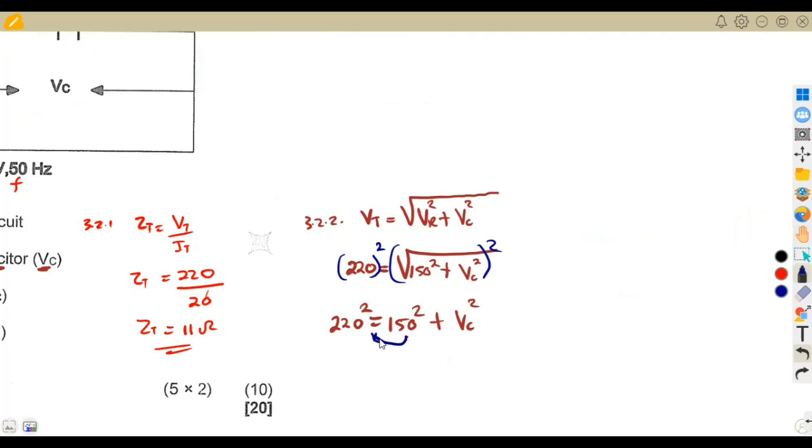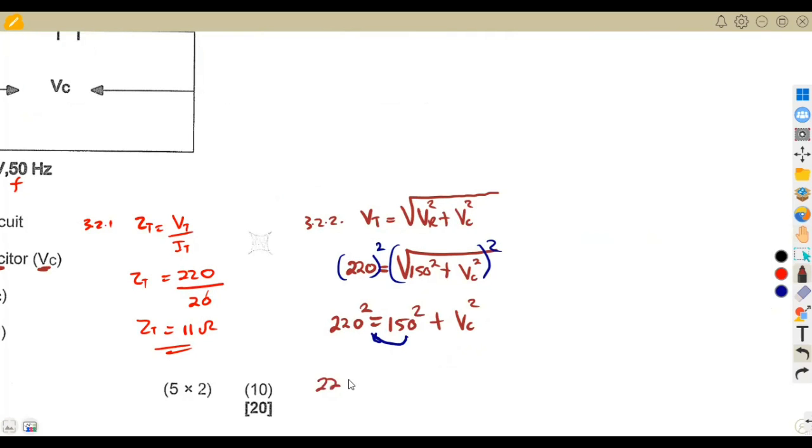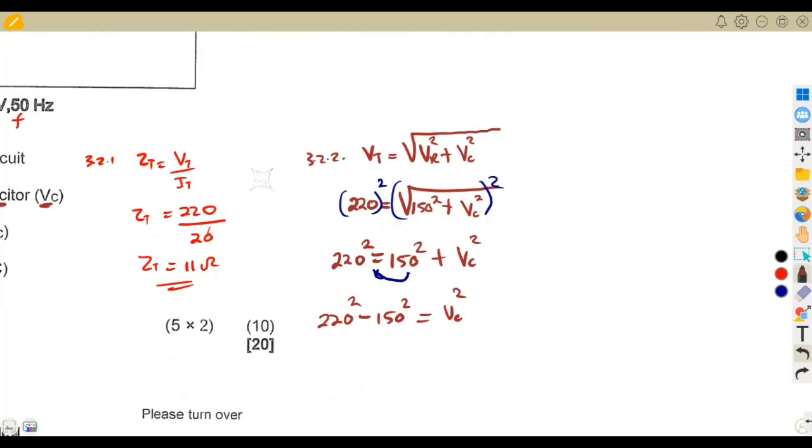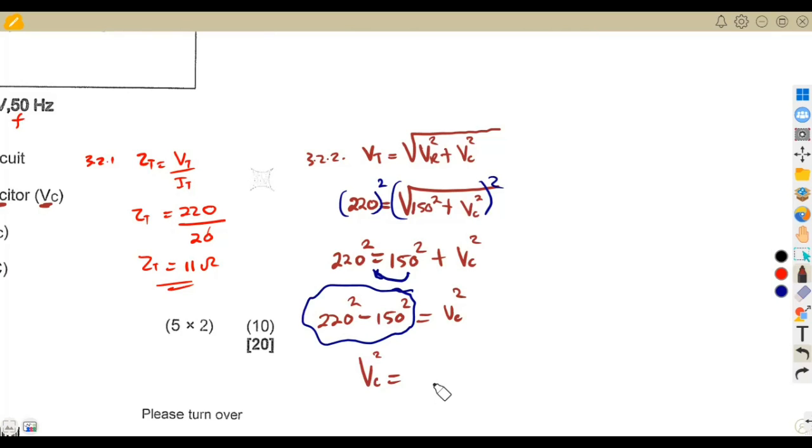All right, so I want VC squared. I'm going to transfer 150 this side so that it can be a negative there. So it's going to be 220 squared minus 150 squared, which is equal to VC squared. So this one you can combine on your calculator, guys, to find your VC squared. So meaning to say our VC squared is going to be what? Just combine this part on your calculator, 220 squared minus 150 squared, which in this case is going to give us